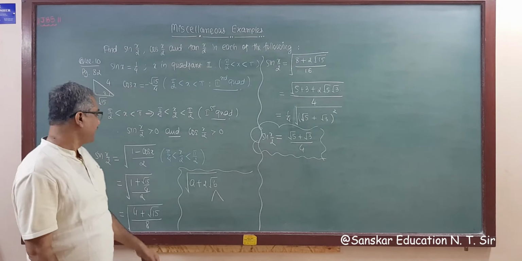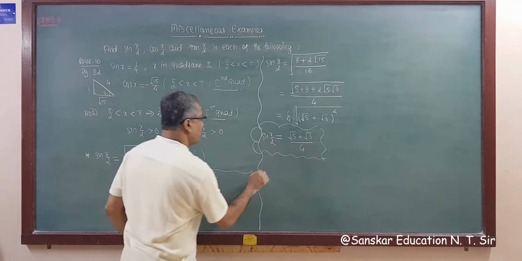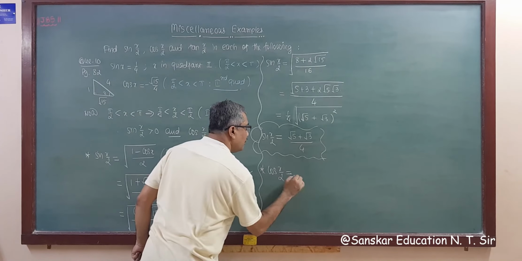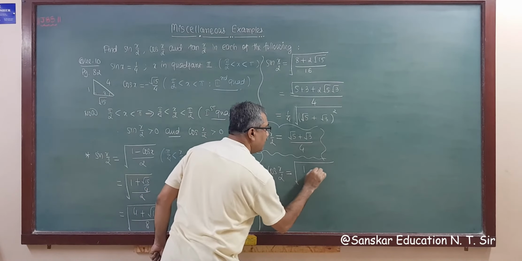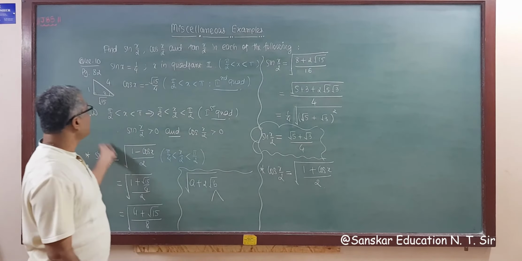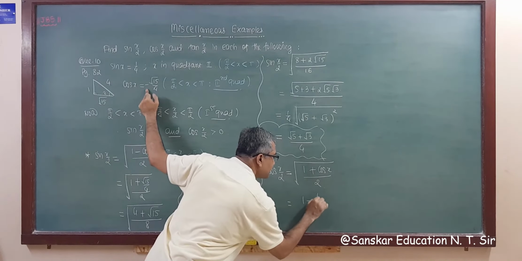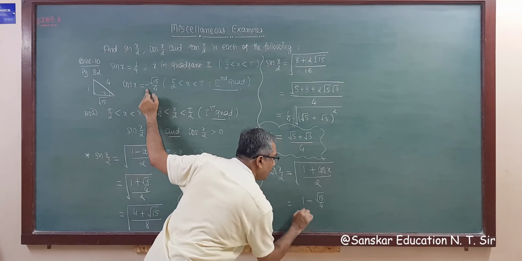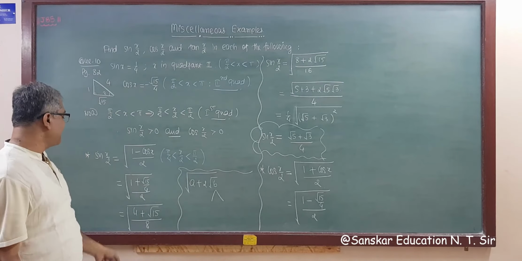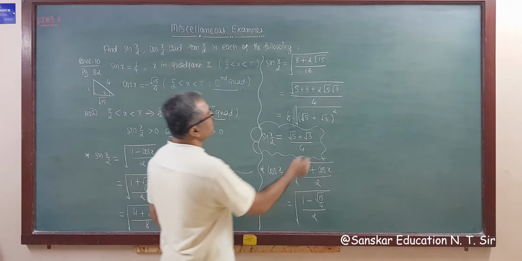Now similarly we have to find out cos x by 2, but cos also, in the first quadrant, we have to take positive. So cos x by 2 is equal to square root of 1 plus cos x divided by 2. Now cos x is minus root 15 by 4. So this is equal to 1 minus root 15 by 4 whole upon 2 in square root. So same simplification as here. If we take LCM, this becomes minus, right? So cos x by 2.